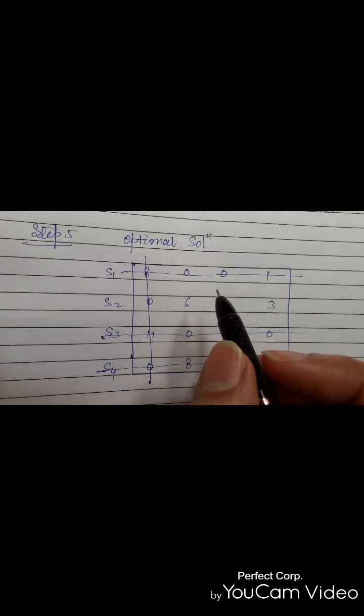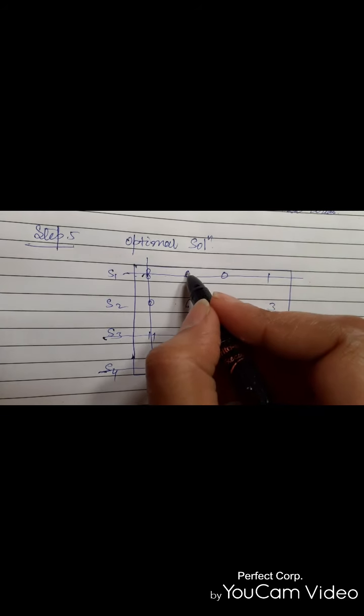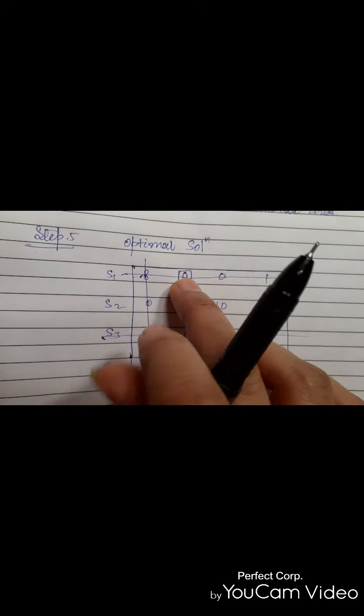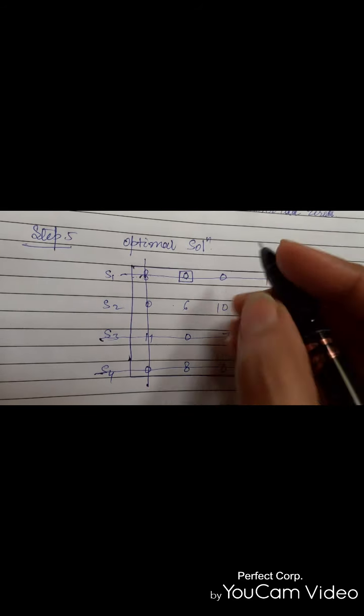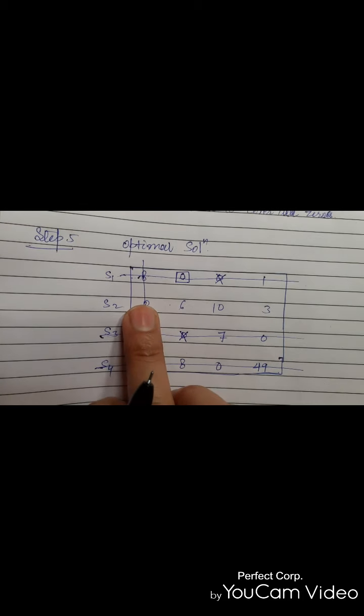Now what we have to do next? Start from the first row, the first line which you have drawn. In this first line, the first 0 you will get. This is the first 0 in this row. So make an assignment on this 0. Right? We just make an assignment on this 0 and cross all the zeros corresponding to this assignment in a row or column. So just check, is there any other 0? Yes, this is the 0. Cross it. Is there any other 0 in the corresponding column? Yes, we are having this 0. Just cross it.